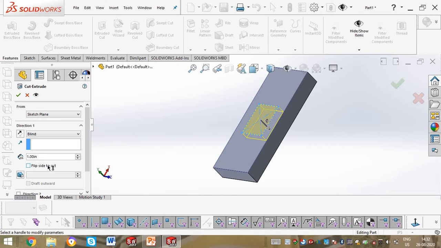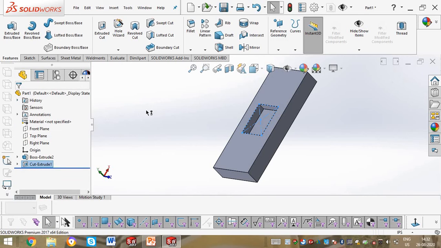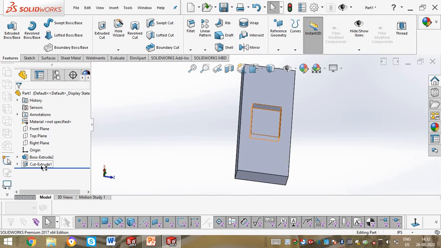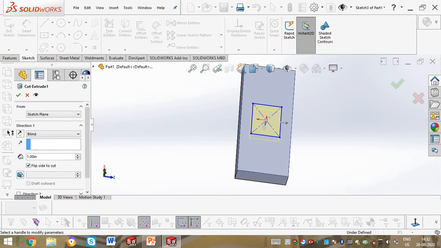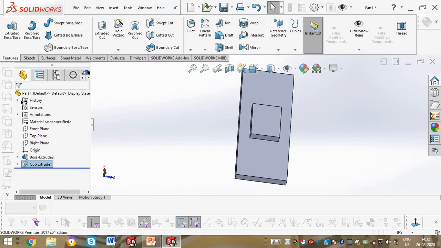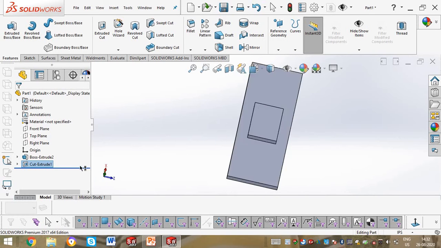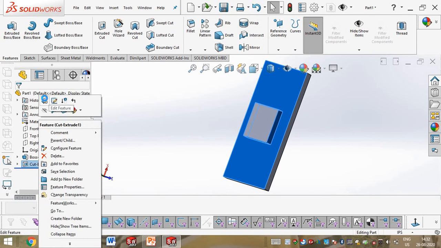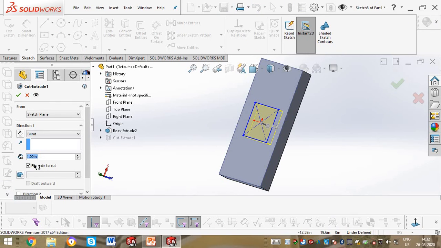Flip side to cut is, it cuts on the other side. Can you see the difference? This is how the extruded cut works in blind. If I give reverse direction or flip side to cut, it will add the material like this.